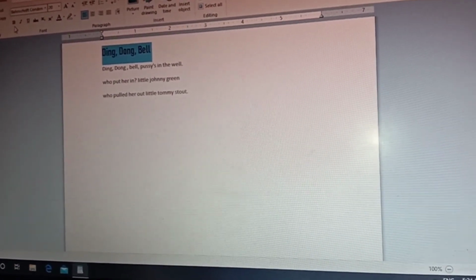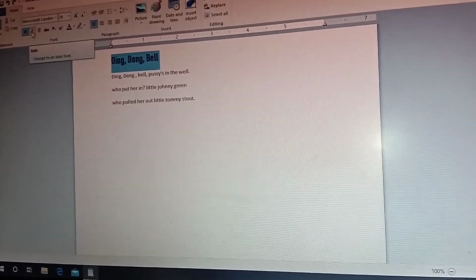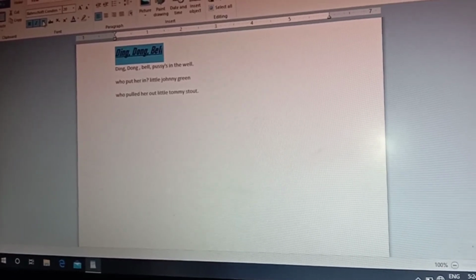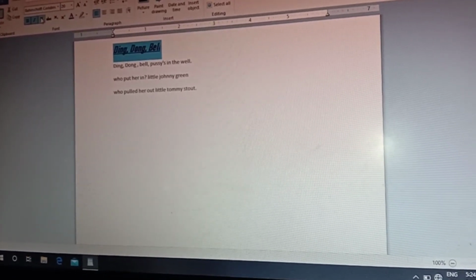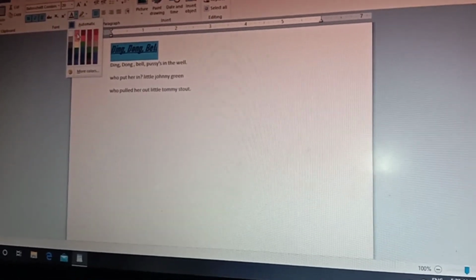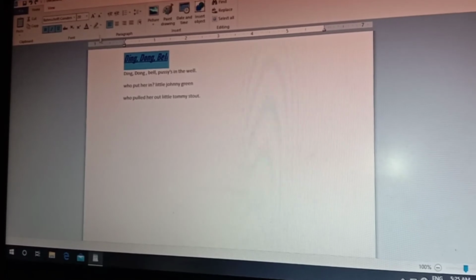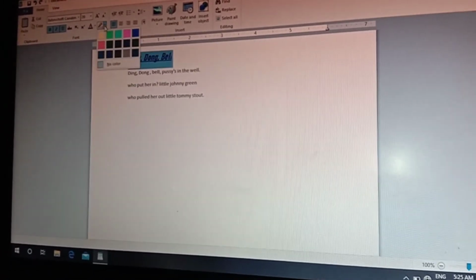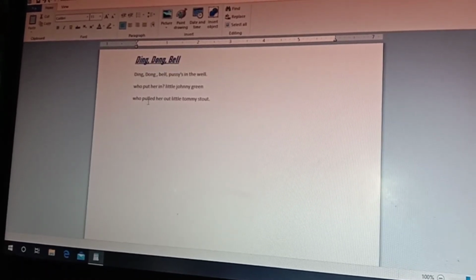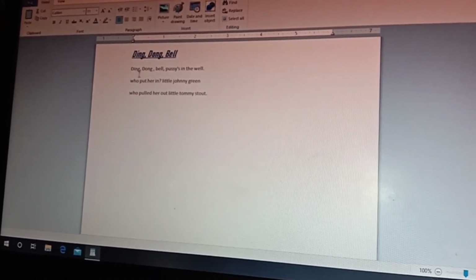Then there is bold B. You can click on B, then the letter will be in bold. Click on I, then the letter will be in italic, that is slanting. Click on U, that will be underlined, so the first line will be underlined. And this is the font color, that is text color. Select any color. This is the highlight color. You can select any color to highlight. If you don't want any highlight color, you can select none.